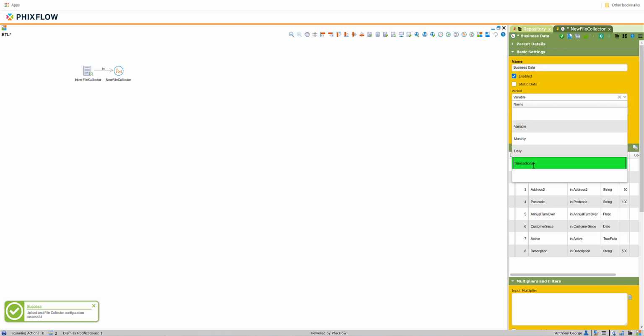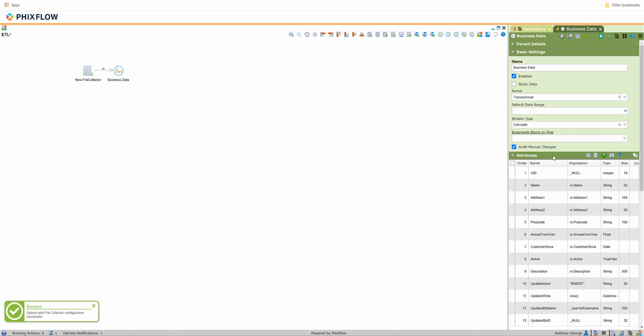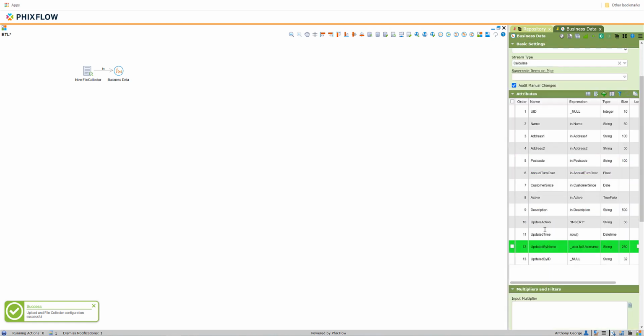We'll set the period to transactional, as this will be the stream that users update. Next, we'll want to set the audit manual changes so that we record audit information about any changes users make to the data. Now if we save those changes, we'll see we get some additional attributes, and that is a UID at the top, and we get a number of update fields at the bottom